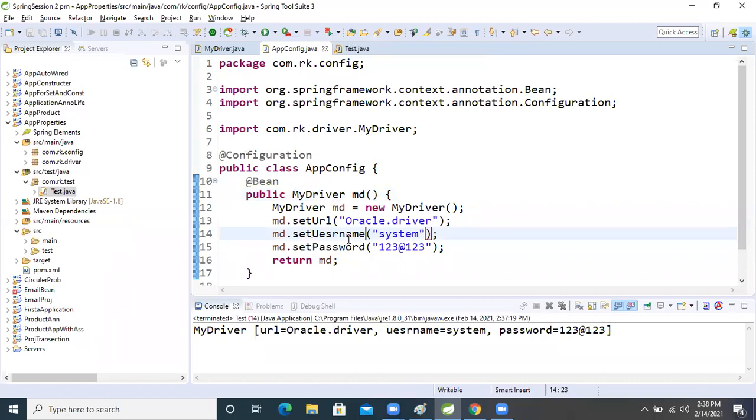Tomorrow, if our client needs a MySQL driver, today he needs the Oracle driver, tomorrow his mood is changed, he says no, I will use the MySQL driver.